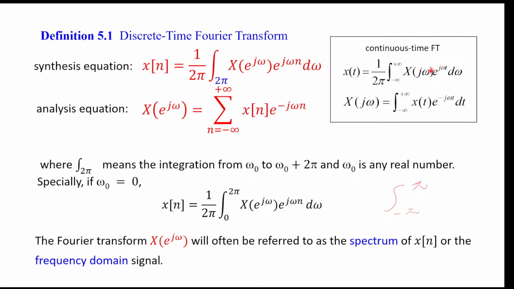And you see they are very similar to the continuous-time Fourier transform, basically the same, except that, obviously, the integration becomes a summation, and also the integration range was infinite there, but now big X is periodic, so the integration range becomes 2 pi here. You see that it's very similar to the continuous-time case. And as we say, this integration range of 2 pi can be,